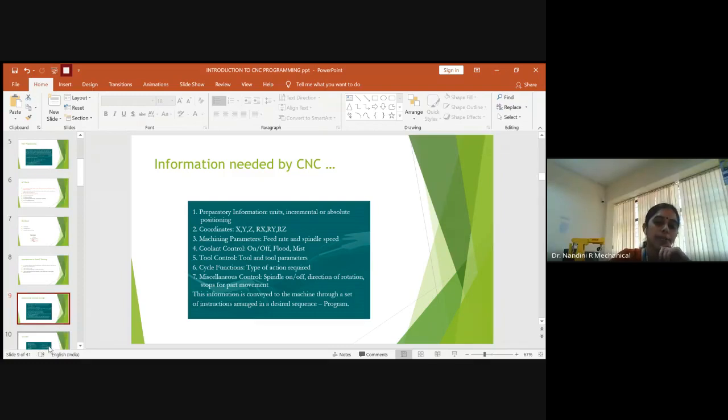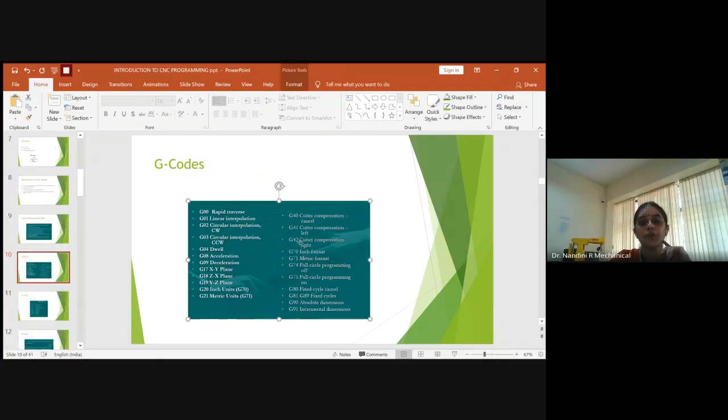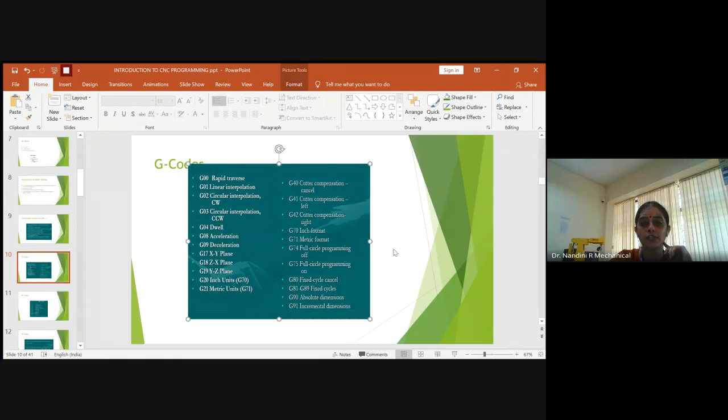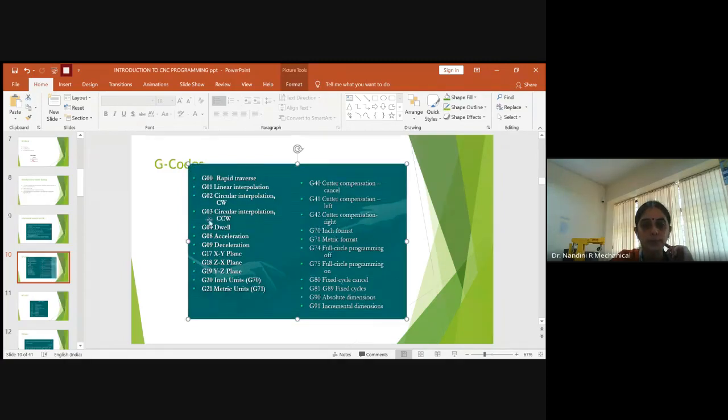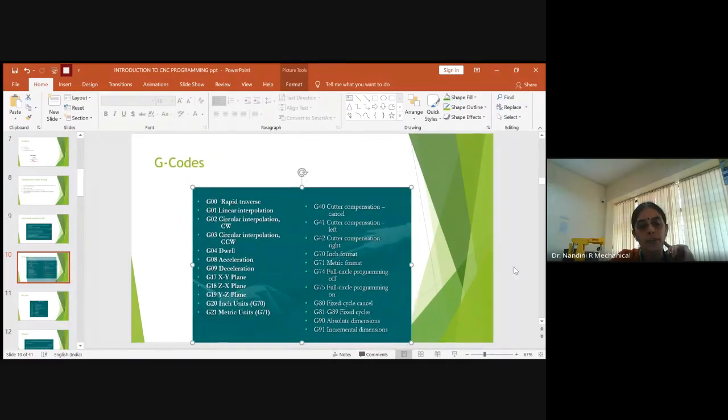So with this basic information, I just want to inform you of the available G codes. For the rapid traverse of the tool, we usually go with G00. To start the program, after giving the sequential number, you will always show the rapid traverse. Once it has been set, you inform whether you need a linear interpolation or a circular interpolation.